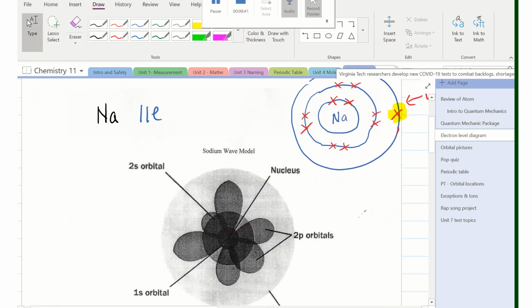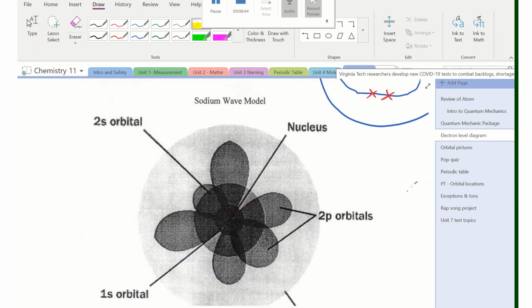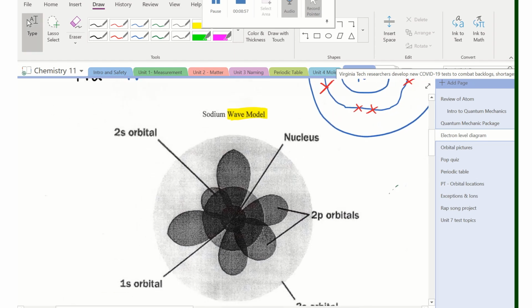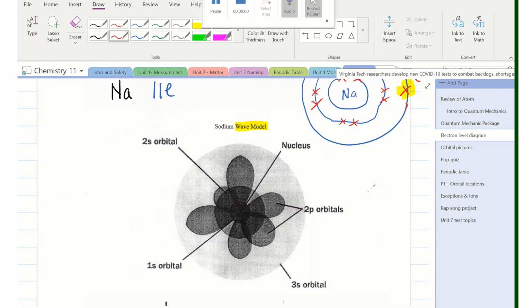And now for the newest model, sometimes you hear the name the wave model, because they believe that electrons travel in waves. Sometimes they call it the quantum mechanics model or the wave model. I know it's kind of weird to draw, but I think you can draw it. Imagine the nucleus is right inside the center, very small, and you can imagine the first orbital right here. That's the 1s orbital, that's where this line is.